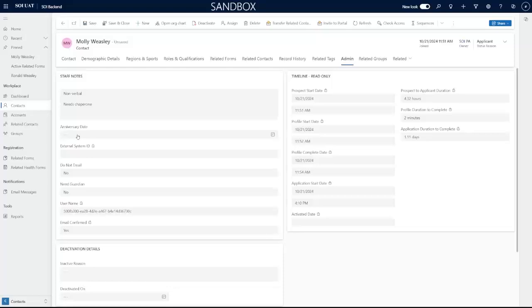Anniversary date will indicate the year that they began participation with us. This comes into play primarily on the volunteer zone. I think we use this as an example in the portal guide, but say you've got a longtime volunteer who's been volunteering for 30 years and they log into the portal for the first time and it says 0 years, and they're saying, well, I've been here for 30 years. Why does it say 0? You can just update it here in the anniversary date and say that they've been volunteering since,